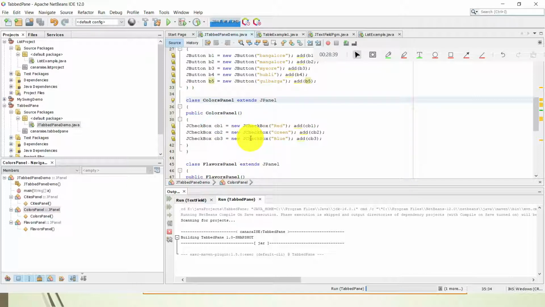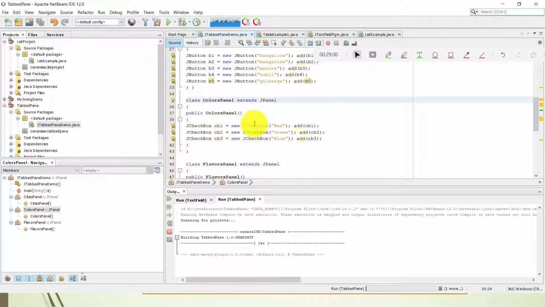But if you're adding a radio button, you need to do the grouping there. One extra code you would write for grouping, like how I had shown you in the radio button code. Otherwise, what will happen is you can check more than one. If you have to check only one, then you need to group it. Or you can just simply put it as a button also. These are a checkbox.